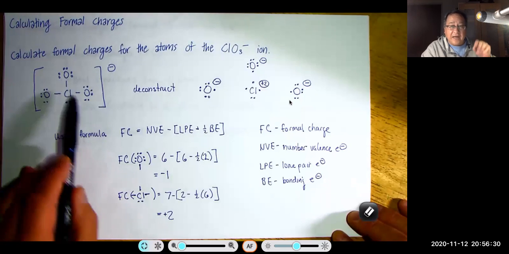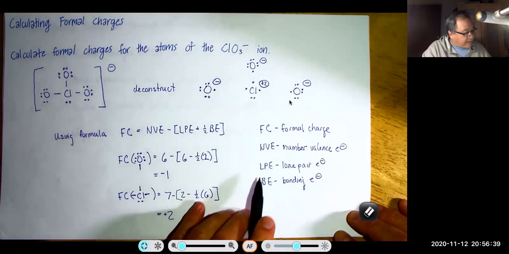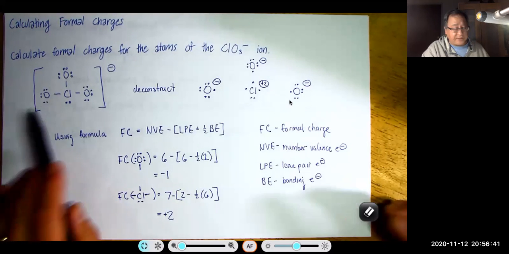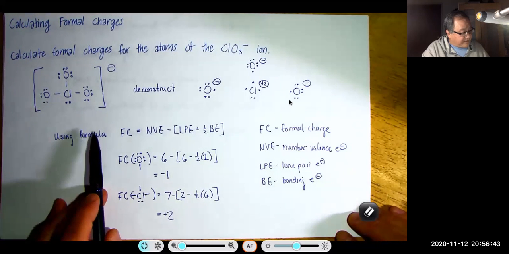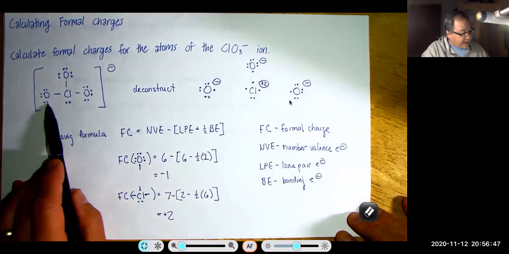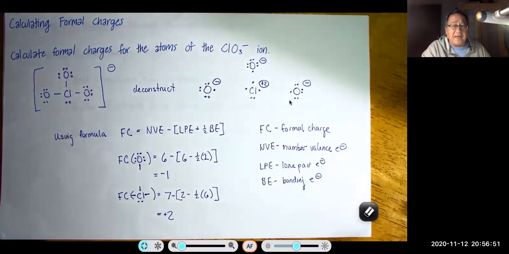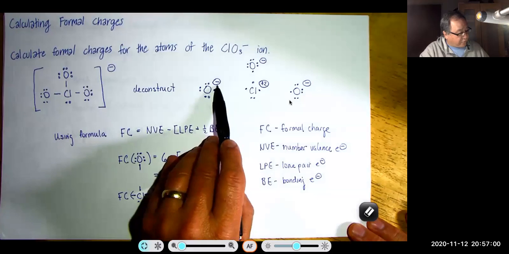You want to get good at counting pairs and counting 2s and 2s and 2s, and making sure that for each line you count 2 electrons. So everyone has its octet, so it looks like the noble gas in its period. Now, when we deconstruct this, this oxygen gets 2, 4, 6 plus half of these, so it ends up with 7. Oxygen normally has 6 valence electrons to be neutral. When you add another electron onto it, it becomes -1. So that's why I have a -1 here for the formal charge of this